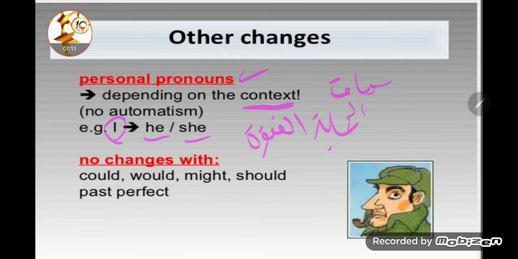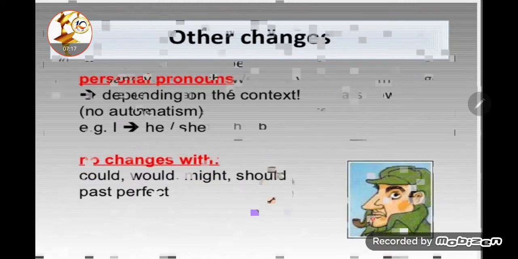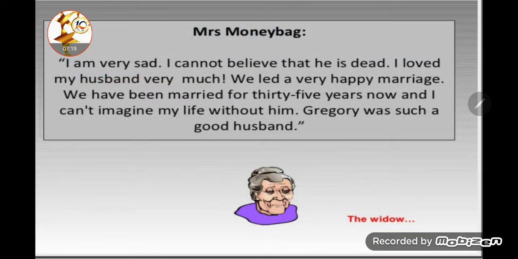Because the would do might to should will past perfect simple will past perfect continuous, there is no changes, ما في تغييرات نهائيا. Let's start with